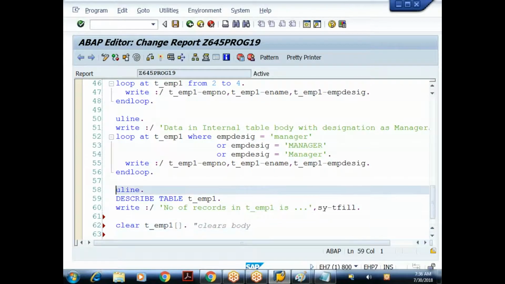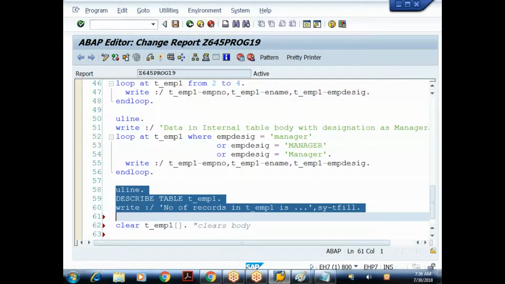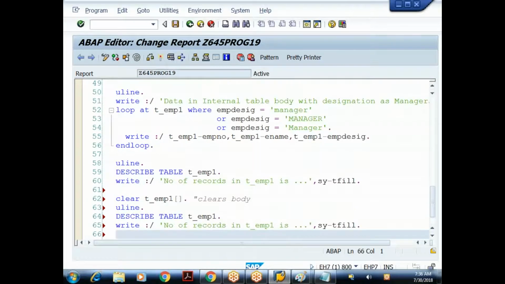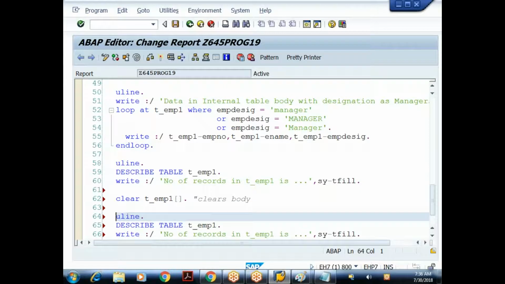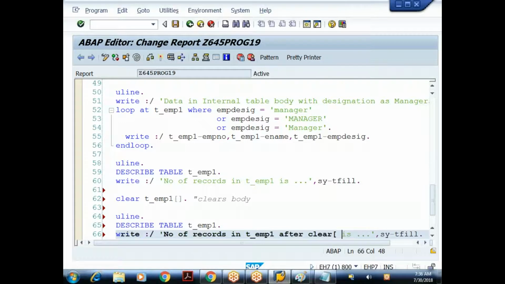So what I'll do, let me check. Again I'll count. Describe table T underscore emp1. Number of records in T underscore emp1 after clear is only for understanding. I'm giving this message after clear.